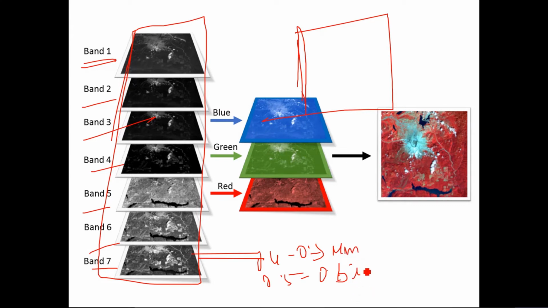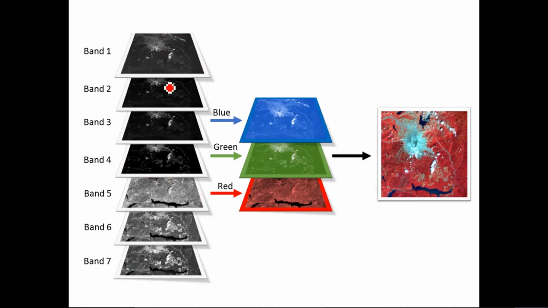So similarly, for various wavelengths, the data is sensed, right? So each of this data is available separately. Okay, so this is band 1 data, this is band 2 data, band 3, band 4. Similarly, various data is collected in different wavelengths in the Landsat images. So if you consider this particular pixel here, for that particular pixel, you have the reflectance data or the emittance data in band 1 to band 7.